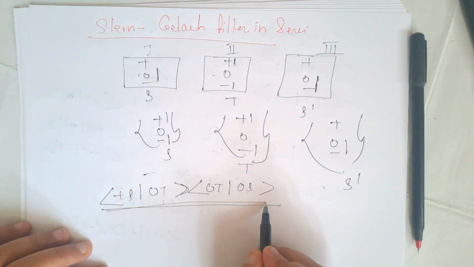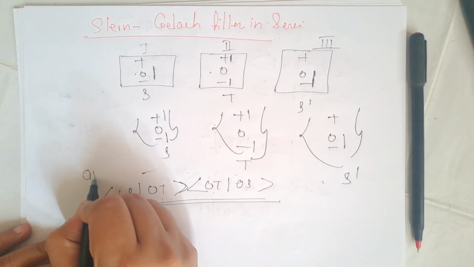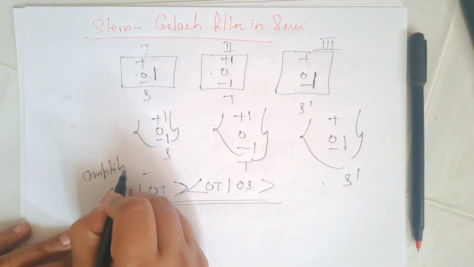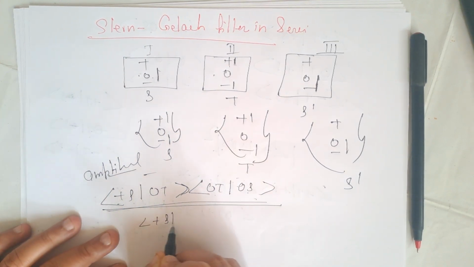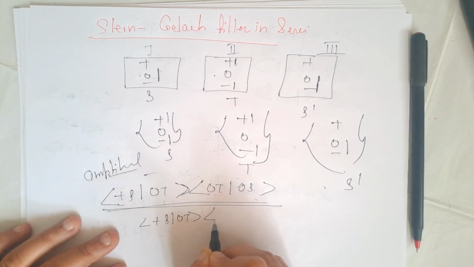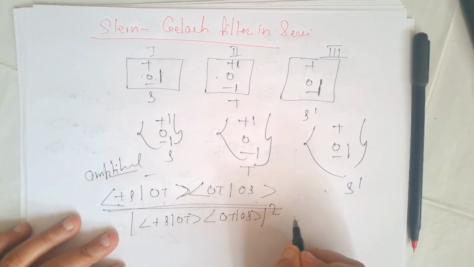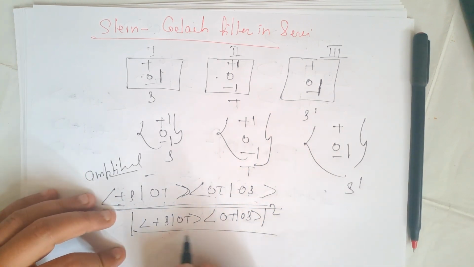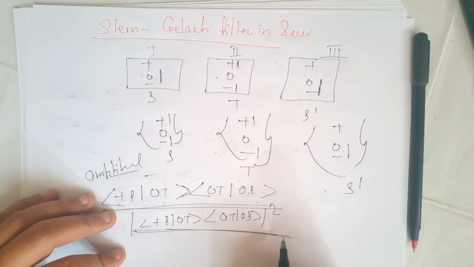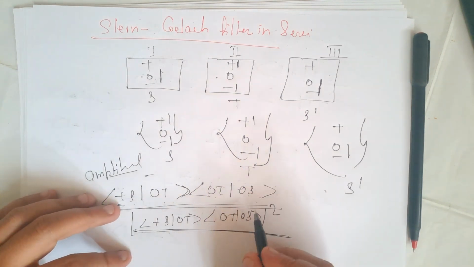These are the probabilities, and these are the amplitudes, and the probability will be the square of these amplitudes. This is the square of this amplitude, and the ratio of the